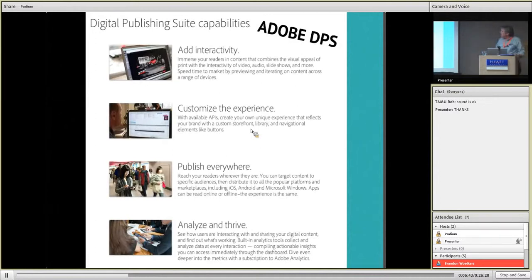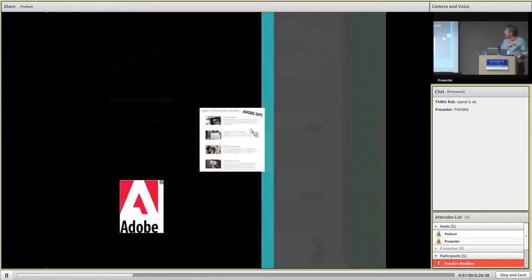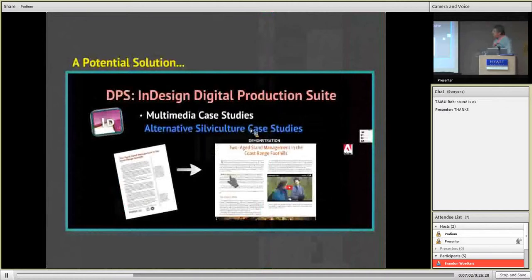So we're going, this is the tool. This would be perfect. We'll use it. It kind of fits our ecosystem approach. And we started playing around with it, given that it was a free trial period for 30 days. Here's where the serendipity starts to come in. We took our publication about forestry and put it into DPS.